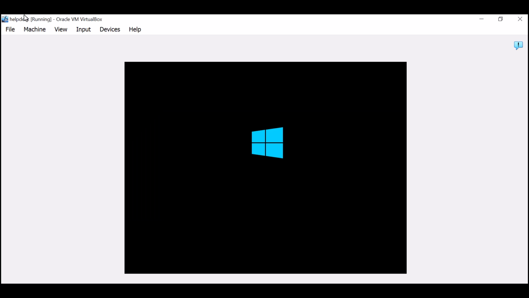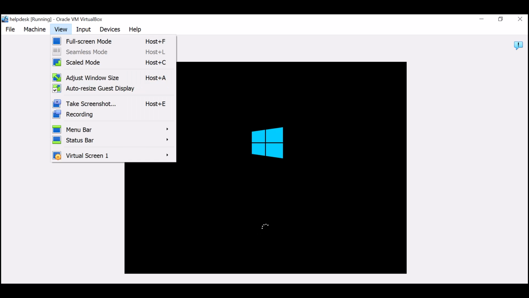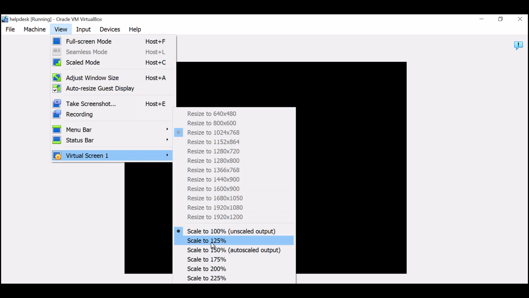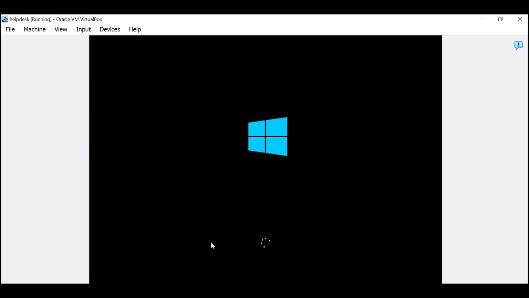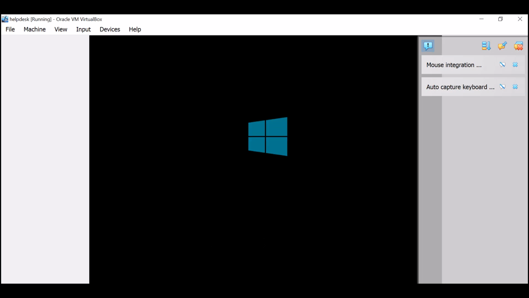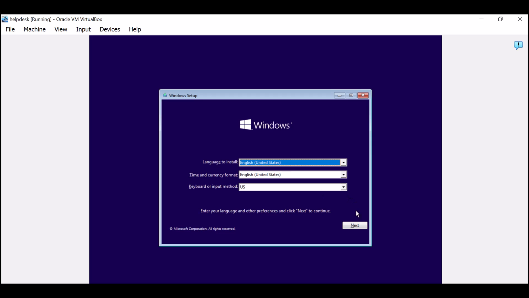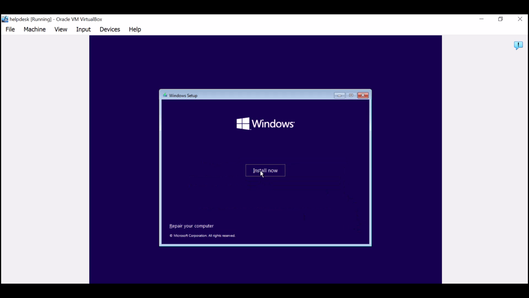So just like a normal installation of our virtual operating system, it's going to start with Windows 10 initial setup, and this is where we will just kind of finish this installation. Now I'm changing the screen. You can do the same thing like that if you think your screen is small. You can play around with these different settings. So now I'm going to click on next and finish the installation,